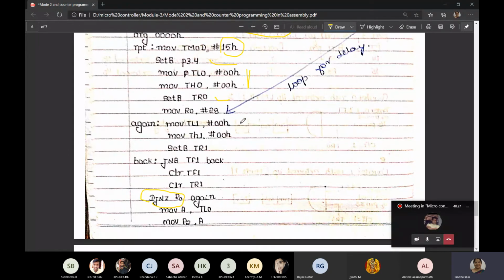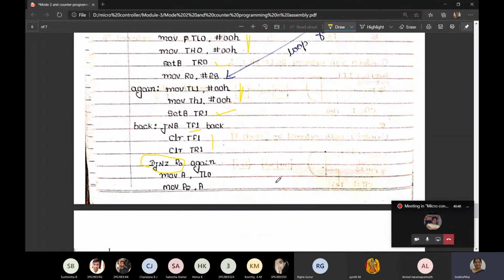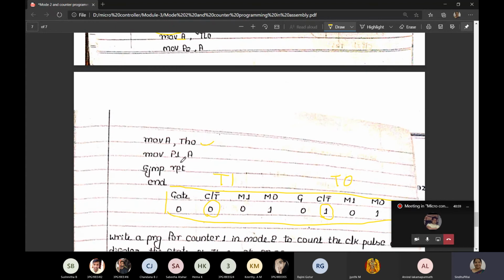So next, this timer 1 is used for counting. Fine. So TL1, TH1. Again, we have to set the bit, that means the TR1, timer 1 is started. Just to see TF1, just to monitor this timer 1. Then clear both the flags. So whatever is there in TL0, whatever we have counted, is sent to the accumulator, then again it is sent to port 2. Whatever is there in TH0, it is sent to the accumulator and it is sent to port 1. So whatever the count is done, that is there in the ports P1 and P2.